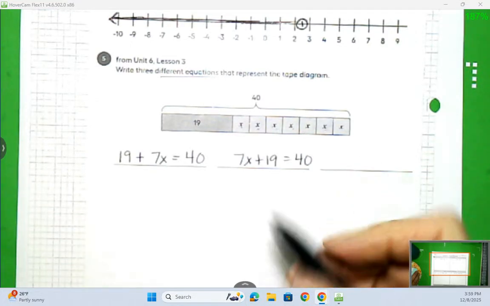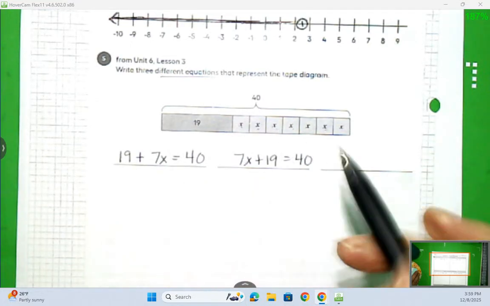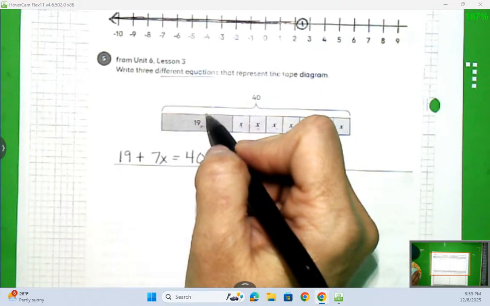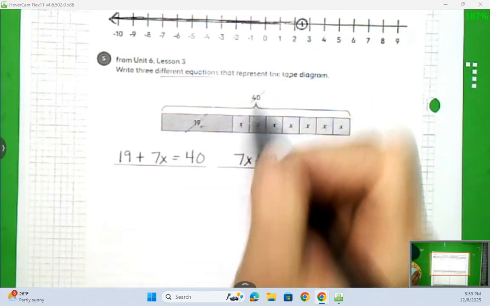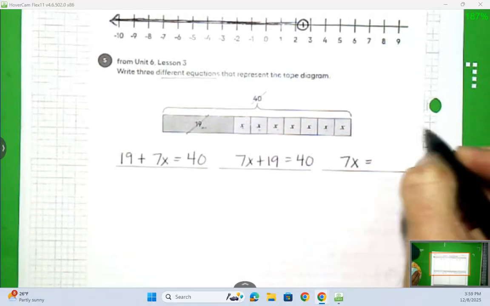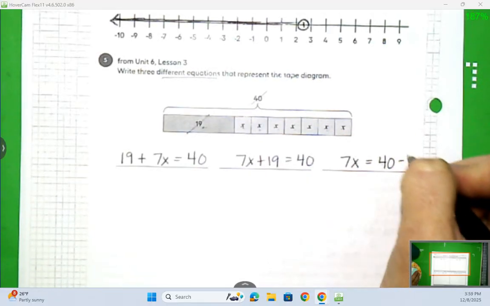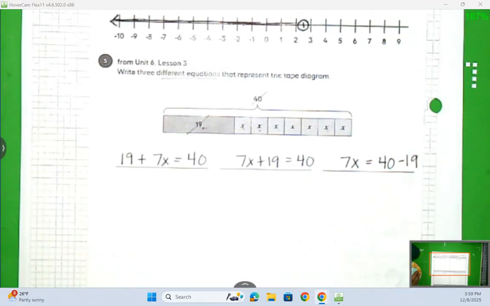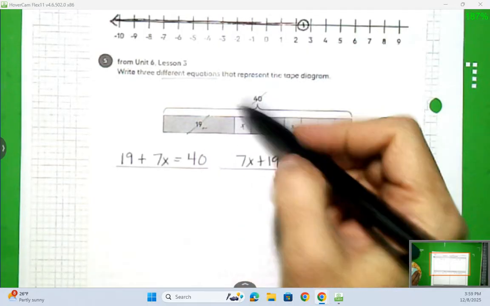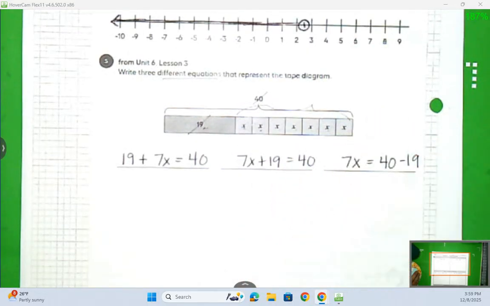To get a third one, I'm going to have to probably do something with these numbers. We notice that 19 and 40 have that number in common. So I can subtract 19 from here and 19 from there. And I could say that 7x is equal to 40 minus 19. Because if I had 7 x's, I could do 40 minus the 19, and I would get this amount right here,